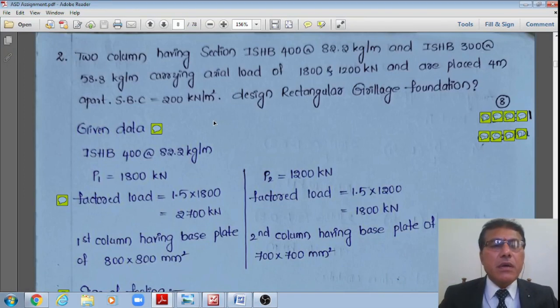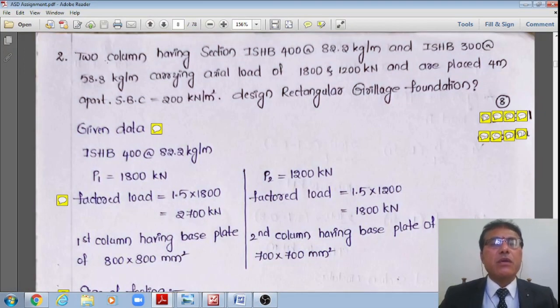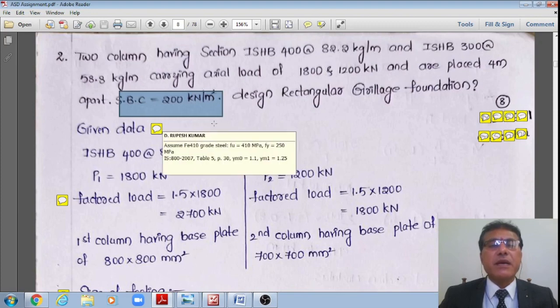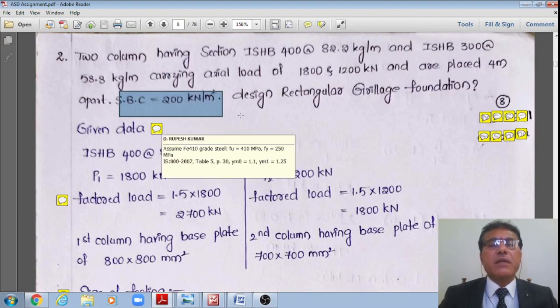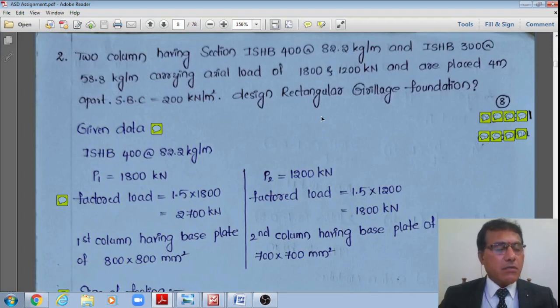Now this is the problem data. Student, 2 columns having the sections ISHB 400 at a rate of 82.2 kg per meter and ISHB 300 at a rate of 58.8 kg per meter, carrying axial loads of 1800 kilonewton and 1200 kilonewton, are placed 4 meter apart. The safe bearing capacity of the soil may be taken as 200 kilonewton per meter square. Design a rectangular grillage foundation, right? This is how. However, in my previous videos,